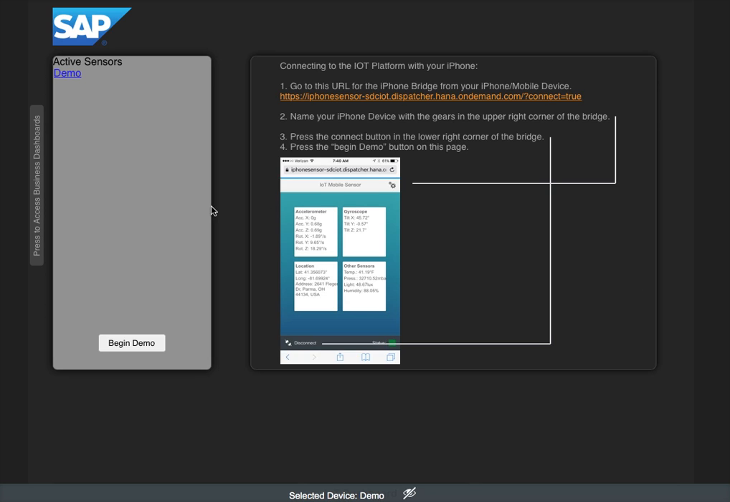Now, hopefully we've had a chance to go through that Word document, connect our iPhone to the IoT showroom, and develop a solution experience. Once I have my iPhone displayed in our active sensor list, I'm going to select that iPhone. And before I continue with the demo, directly to the right of that is a brief recap of how to connect our iPhone to the actual platform. So the link that needs to be run from our mobile device, and then the steps to connect the iPhone